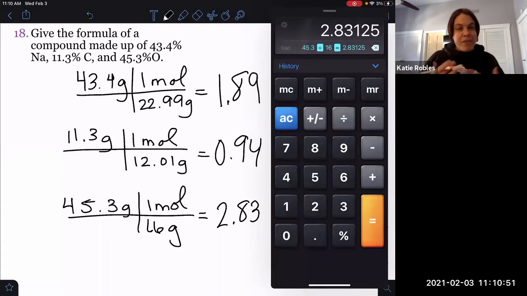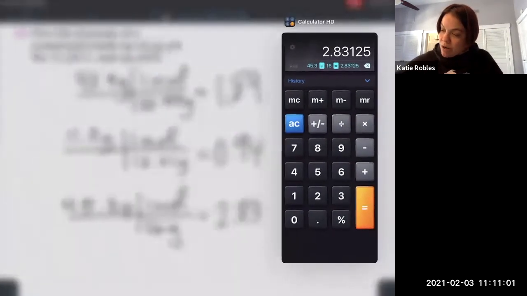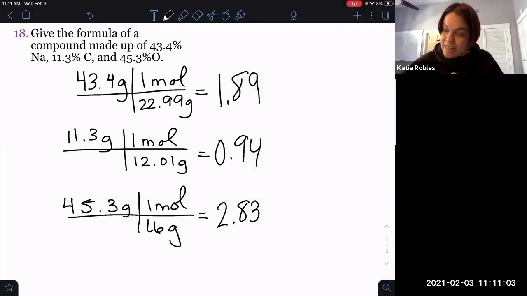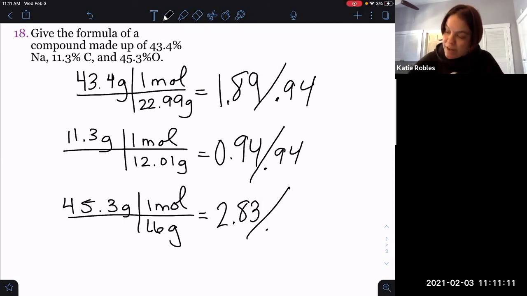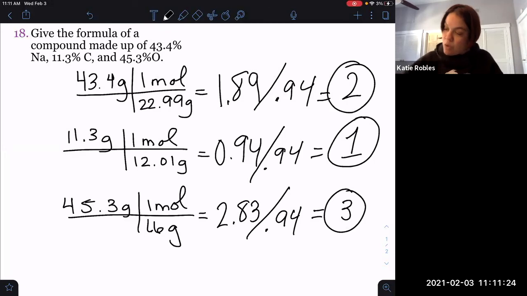So that's my moles. Now you may be able to look at that and see the molar ratio. You're looking for a whole number molar ratio at that point. Or you might have to divide it. And if you have to divide it, that's okay. You divide by the lowest one. So divided by 0.94, divided by 0.94, divided by 0.94. And this comes out to be 1, or about 1. This one comes out to be 3 or about 3. And this one comes out to be 2 or about 2, which is going to give me a final formula